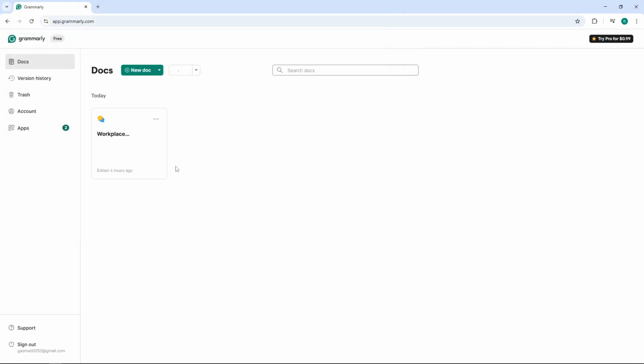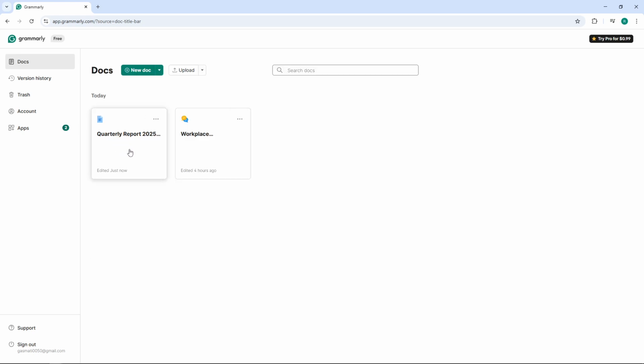Grammarly will now begin uploading your document, and depending on the file size, this might take a few moments, so just be patient while it processes. And that's it. Your file is now uploaded to Grammarly and ready for editing. You can now use all of Grammarly's suggestions and features to improve your writing, check for grammar errors, enhance clarity, and polish your document to